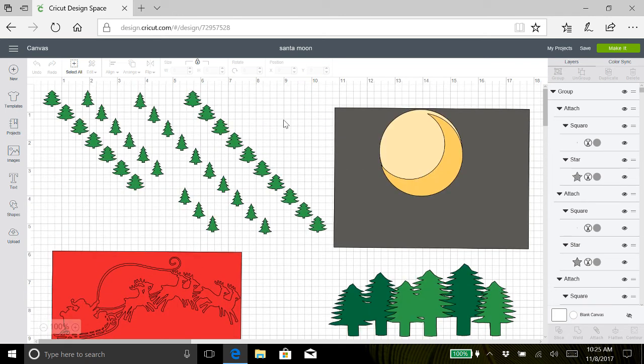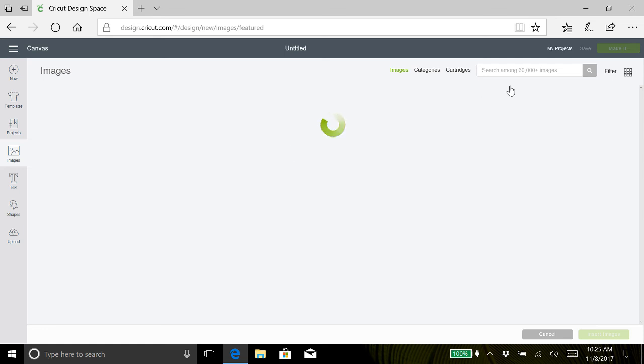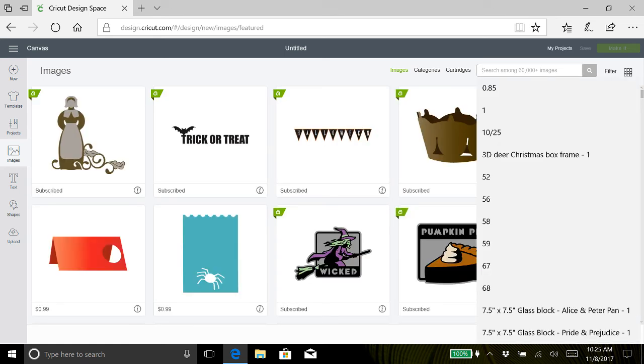So I don't want to mess with this one. I'm going to go over here and create a new project. And first we want to upload our images. Well, I thought I clicked over here on the left-hand side on images. There we go. And because I know what I want,